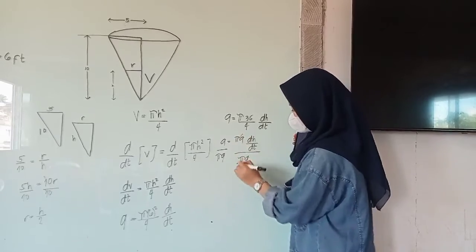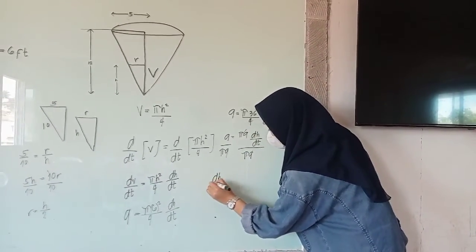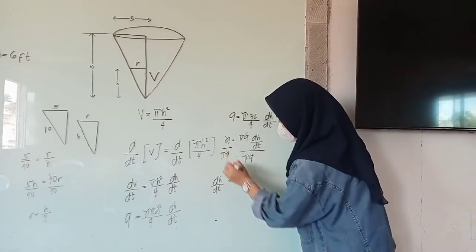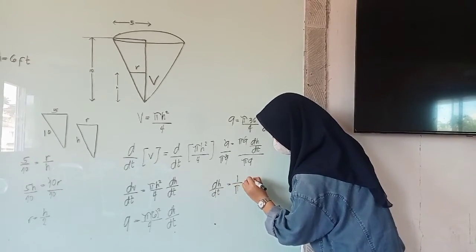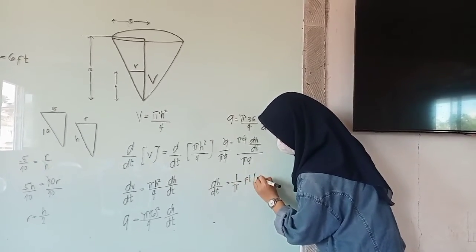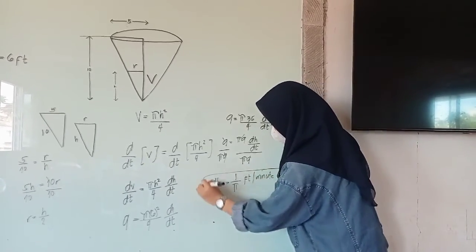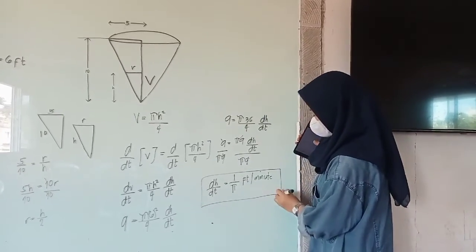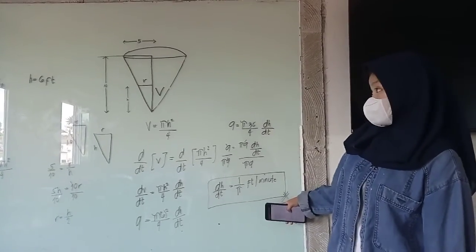So cancel. The rate of change of height with respect to time is equal to 1 over pi feet per minute. And in conclusion, the water